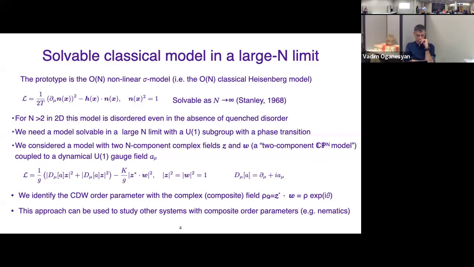And what I do here is I introduce a two-component version of it. We have two such layers, one with Z and the other with W. Here there will be some coupling constant, which in the classical case is the inverse temperature. And there will be some coupling that couples Z and W, and what's going to play the role of the CDW parameter, which is complex and has a U(1) symmetry involving the mutual U(1) symmetry between these two, is precisely the composite field Z star W, which I wrote here, and I will identify that